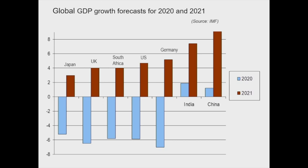And what you see on this slide, of course, if you were to include 2019's actual GDP growth, which was positive for all 7 of these countries, you would see another 7 Vs. You can add that to your little list. And I think it's time that people appreciate the fact that, yes, we can talk about whether the economy will contract by 5 or 6 or 7 or 8%, but let's rather focus on the bars above the line,